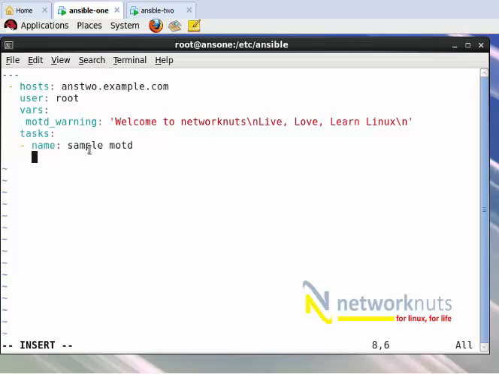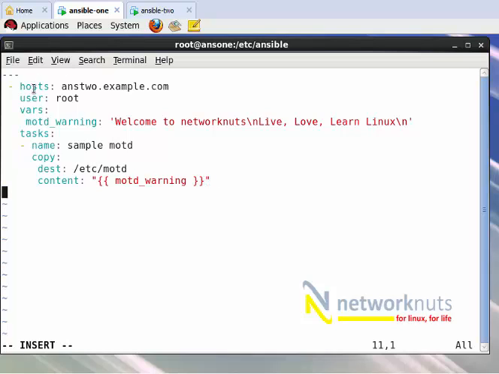Now I want to use the copy module, copy, right? What next? I use some destination, say destination should be /etc/motd obviously, and what is going there, content, because I just created a variable, so I'm using the variable name motd_warning. I hope this is clear,